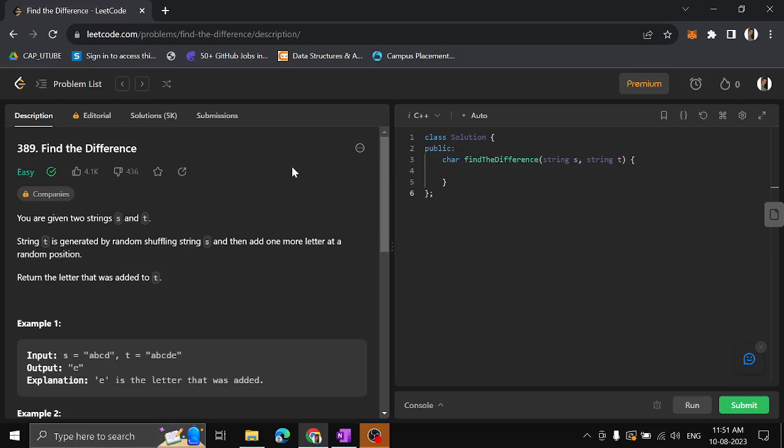Find the difference. Given two strings S and T, string T is generated by random shuffling of S and adding one more letter at a random position. Return the letter that was added to T. So given the question,